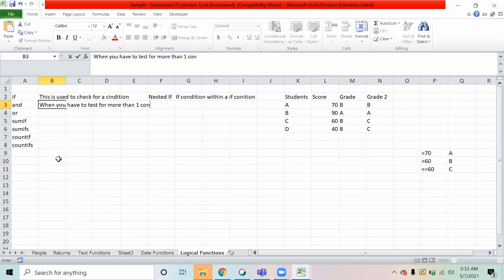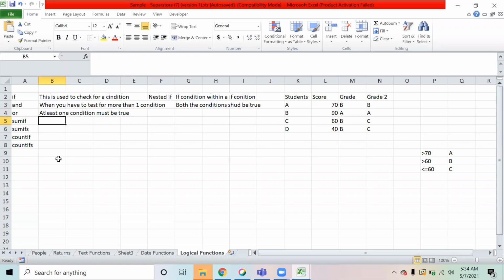AND means both the conditions should be true, and OR means at least one condition must be true. So this is what we understand by AND and OR. In the case of AND, both the conditions have to be true, and in the case of OR, at least one condition has to be true.